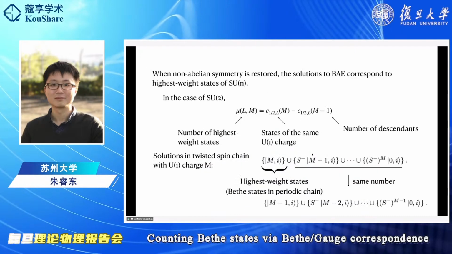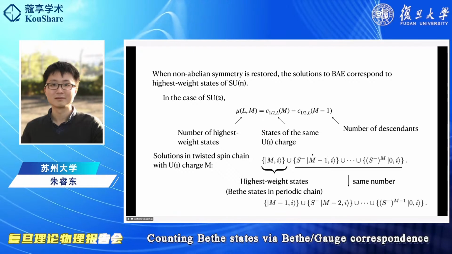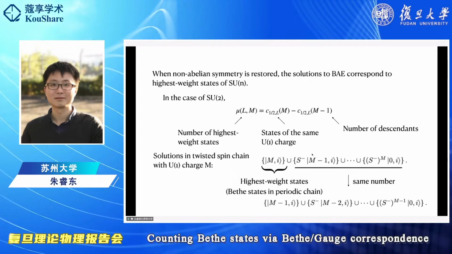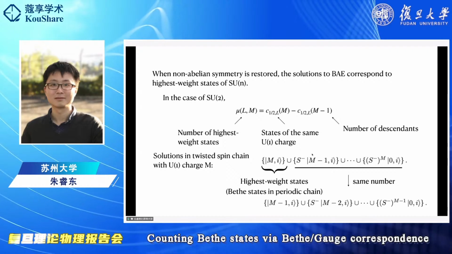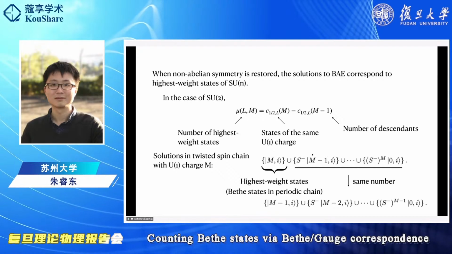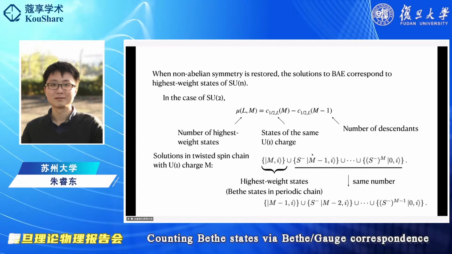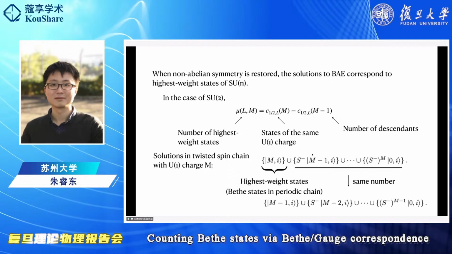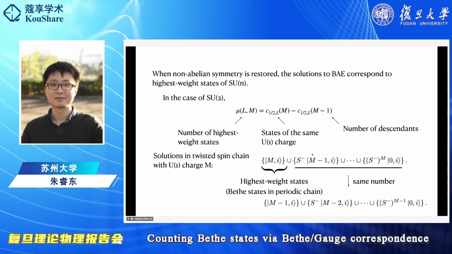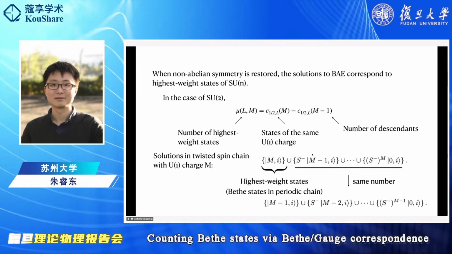So that's a point. We have all the states in the twisted cases, but when we go to the untwisted cases, with theta going to 0, we are expecting the non-abelian symmetry to be restored, and all these states are trying to form the highest weight state. However, of course, if you solve the Bethe equation, you're only seeking the finite solutions, so you won't see the